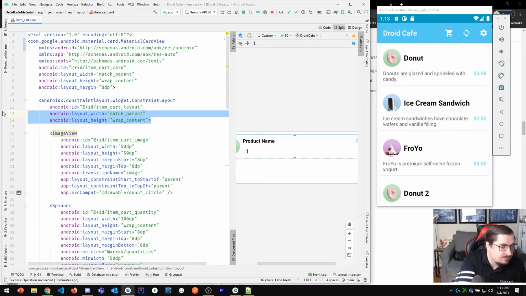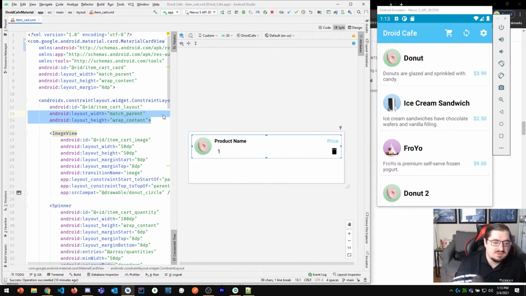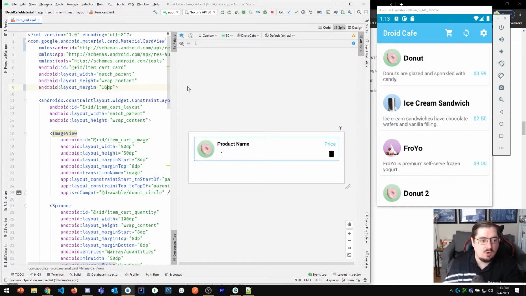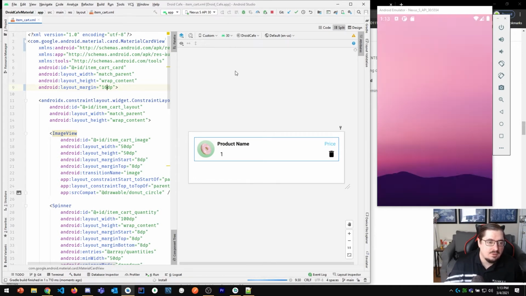I love it when there's no variation. So match parent, wrap content. That's all it is. Other things to note in here, you'll need to add this because you won't have it already, is you'll need to set a margin of 8 dp on the card. That keeps the card from going up all the way to the edge. I think you could do 16 dp as well. You just don't want to leave it as the default of